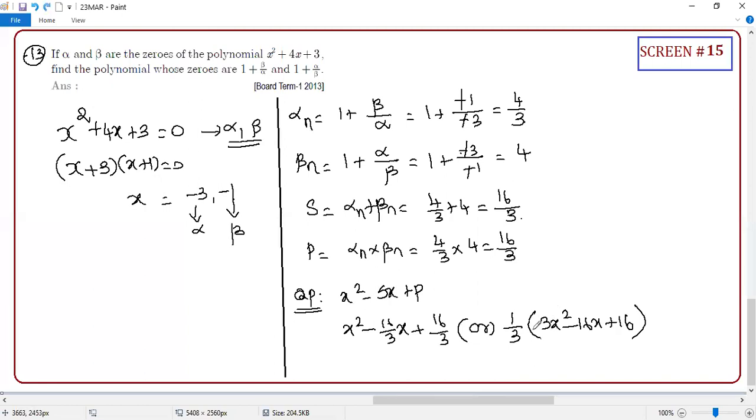This is what I used to say. Guys, better you can leave the answer like this, okay? If you do some careless mistake, after taking 1 by 3, you forgot to put 3, gone. They may give you wrong answer, correct or not? They may reduce the mark. At least you can leave this question like this. In the QP answer keys I have seen many times, they leave the answer like this, they put it only like that, which means students get full marks for either one of the answers.